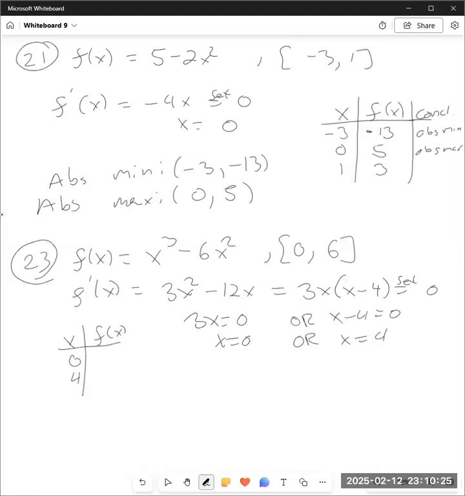0, 4, and 6. When I put everything together, f(0) is 0. f(4) is 64 minus 6 times 16. Let's do it this way. So x² times (x - 6). So that's 16 times -2, which is -32. And f(6): 6 minus 6 is 0. So we have